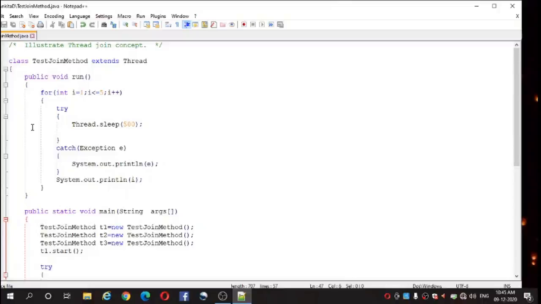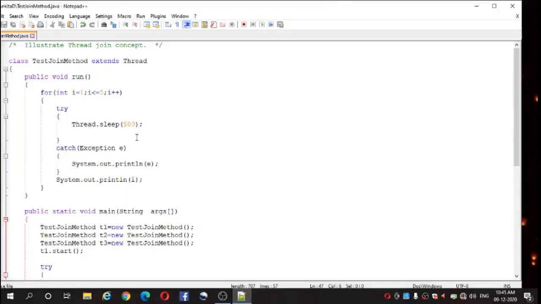And inside the for loop we have a try and catch block. Inside the try block we have the sleep method, which pauses the thread for a specified time. So Thread.sleep, and we have set the time to 500 milliseconds.